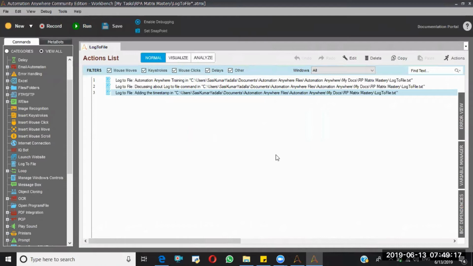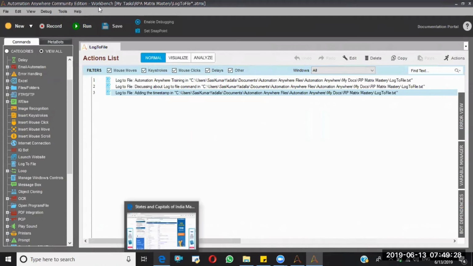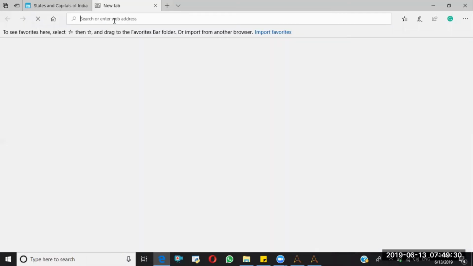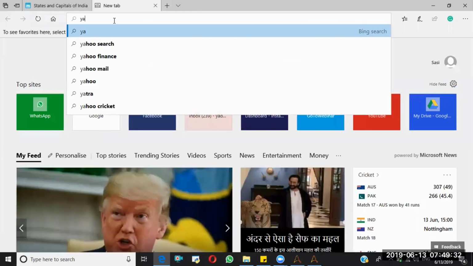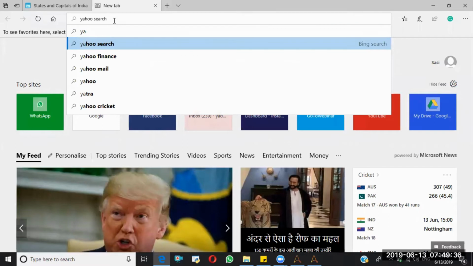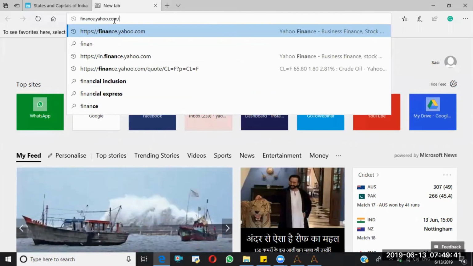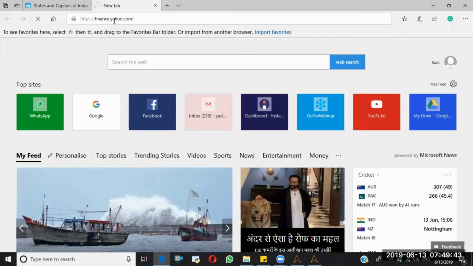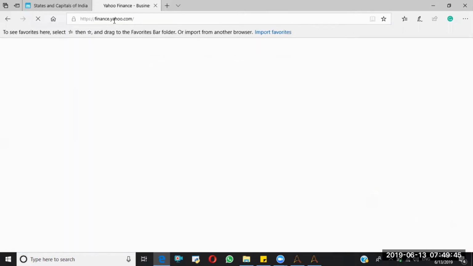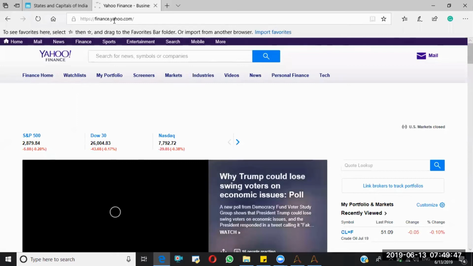In that web application, you need to extract only one value. Suppose, let me go here, Finance Yahoo.